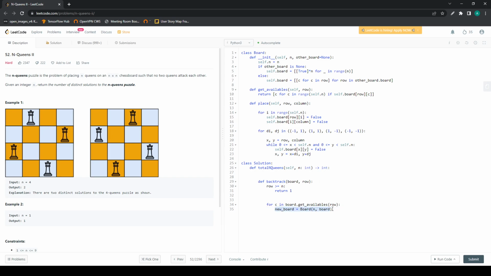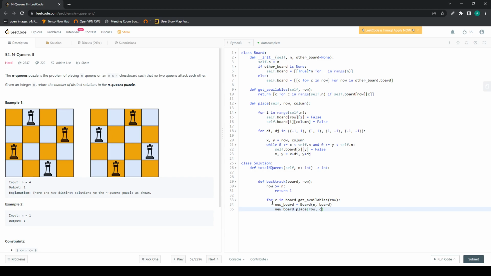We are creating a new board from the given board, so that we don't change it. This board stores all information from the previous iterations, and then new_board.place with the row number, the current row,